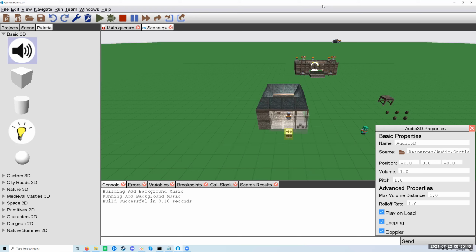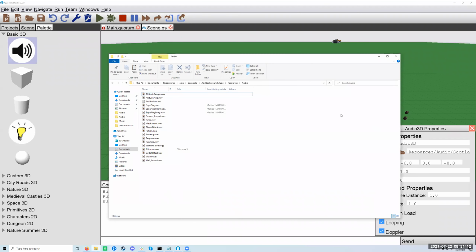The spatial audio system only works with mono sounds, which is basically just sounds that only have one channel, or they're not designed to play differently through different speakers. If you've never worked with audio before, this distinction might seem entirely pointless, but it's important because the computer, as we have it set up with the Quorum audio engine right now, is not able to work with those kinds of files. If I go and I look at my files,